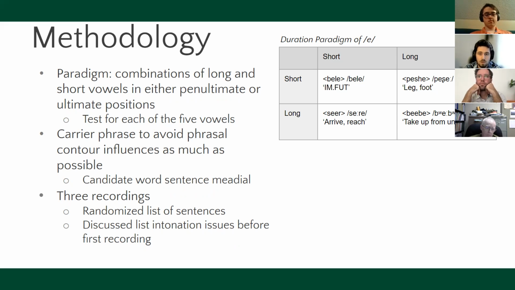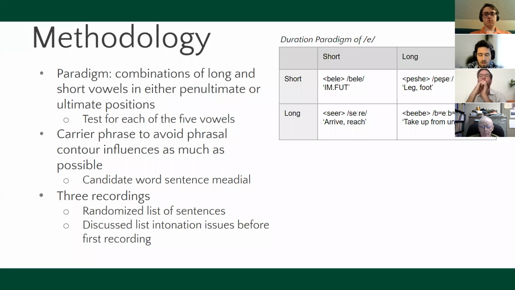After finishing this paradigm, a carrier phrase was chosen. This was so that the study can avoid phrasal contour influences as much as possible by keeping the candidate word sentence medially. This was then built into a list of test sentences and recorded. This was repeated 2 more times with the lists being randomized each time for a total of 3